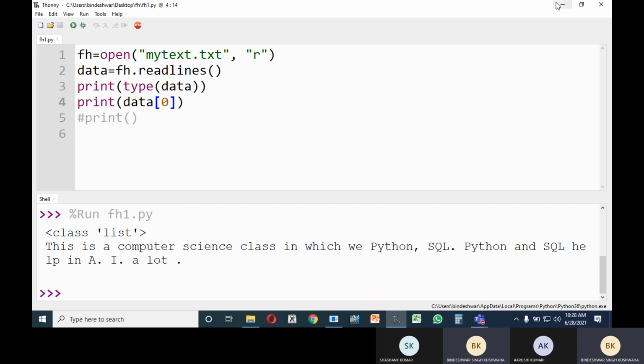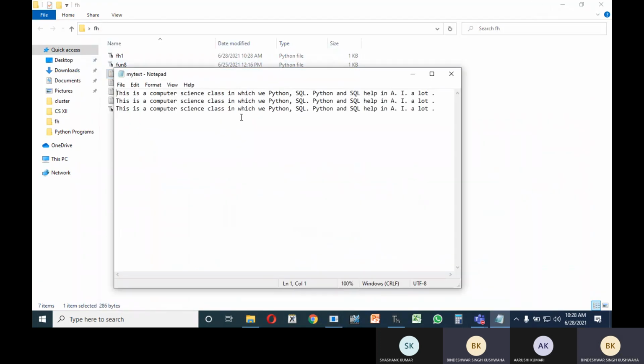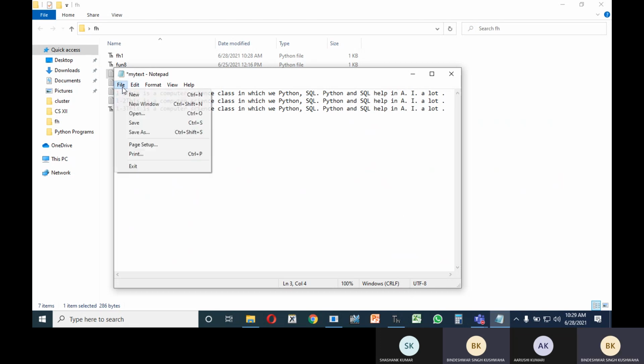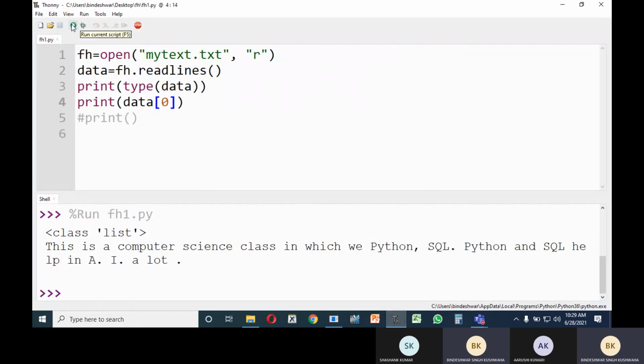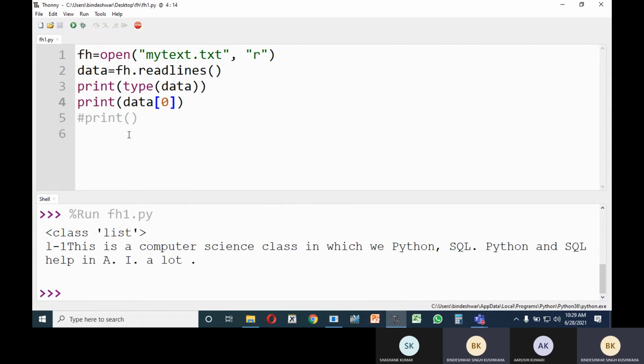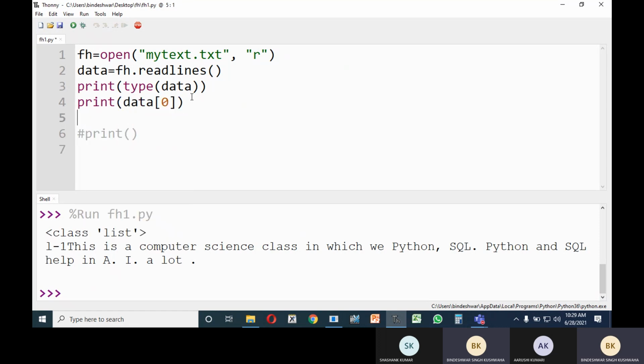I'm also going to write in the file: L1, L2, and L3. Okay, and I'm going to save. So now see that, you must be understanding it. So L1, thereafter line number 2 is data[1].